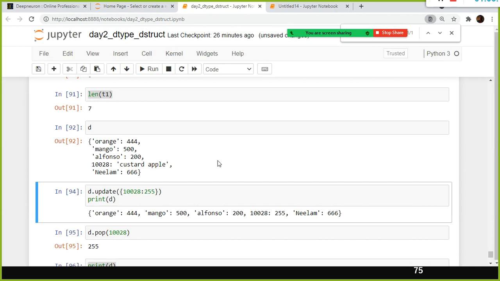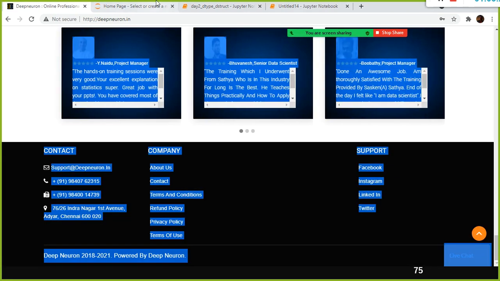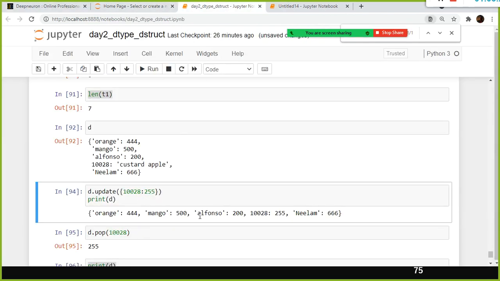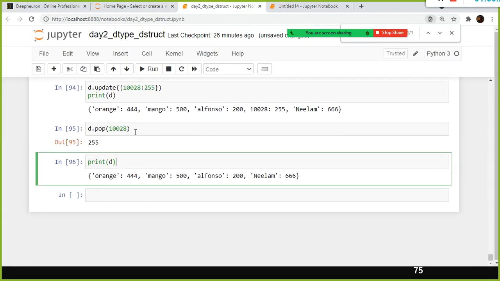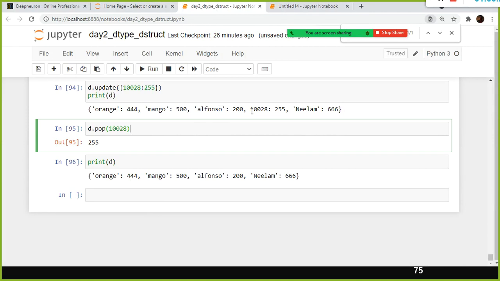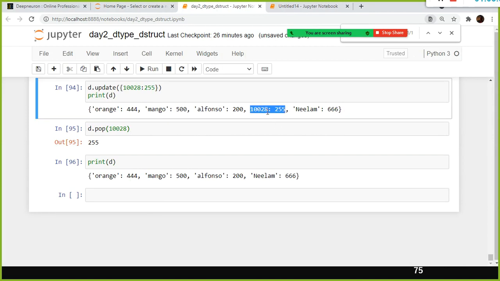One second, let me plug in my mouse. Look here. So in this case, 10028, 255, right? It not only dropped this key, it dropped the key along with the value also. 255 is the value for this key.